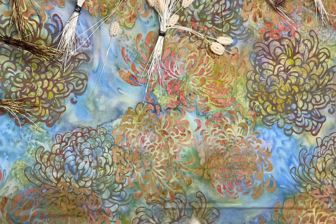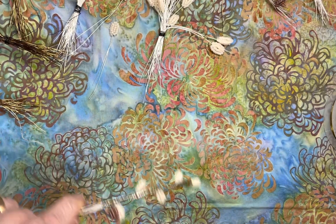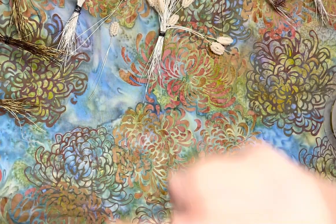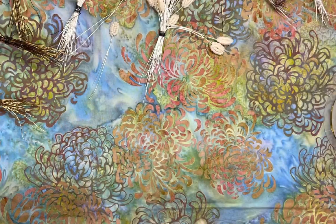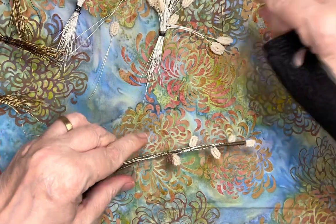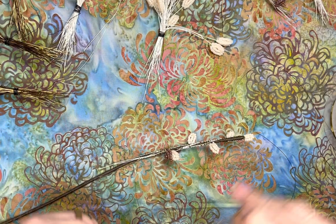Of course, the time I'm trying to worry about time, I get this tangled. There we go. Thank you. Okay, so we wrap around again, and off we go. We're wrapping. I do kind of a tight wrap. What I mean by that is I'm doing it pretty close because I'm trying to keep all of the little working wires from the little buds nice and flat against the stem